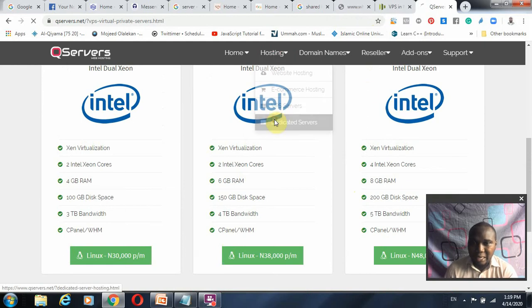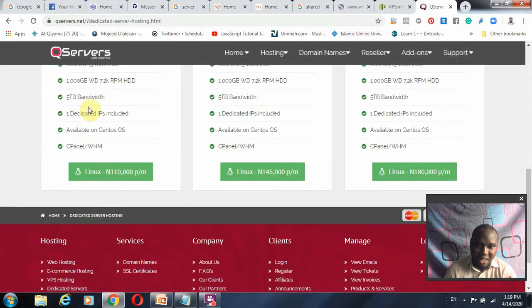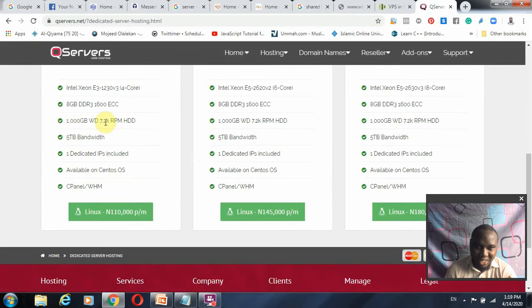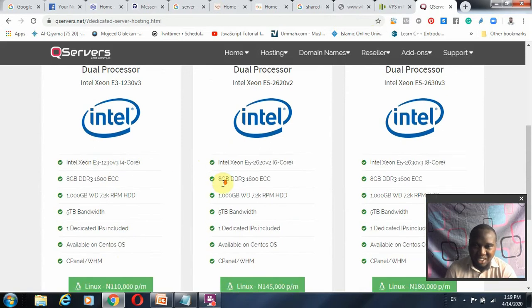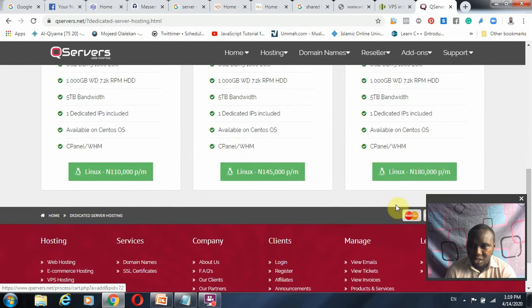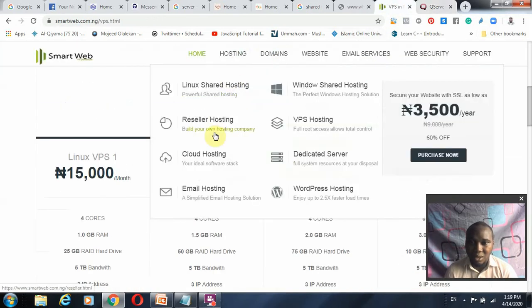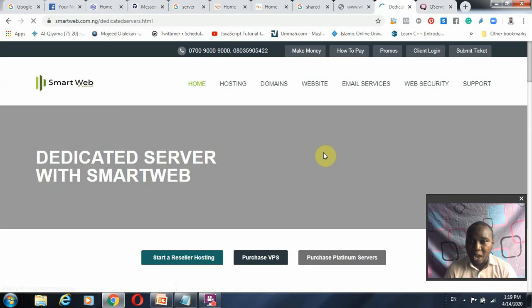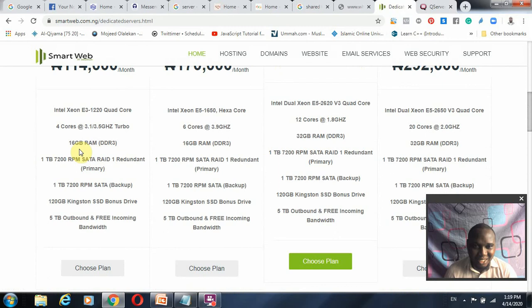will cost. Let us also look at dedicated server, a complete dedicated server. Okay, this is 1,000 gig. Okay, this is 110,000 per month. CentOS batch available. Okay, this is 145. This is 180. Okay, dedicated server is also something you should know about, because you want to learn about web development. Okay, wow, it's 140, 160, 190. So much money for 1 terabyte,